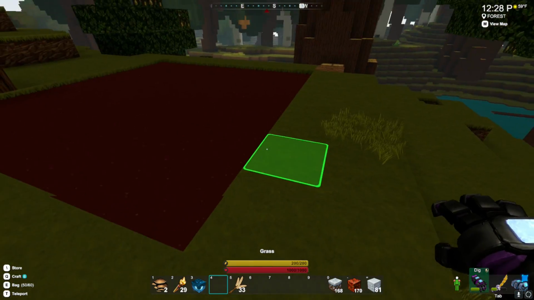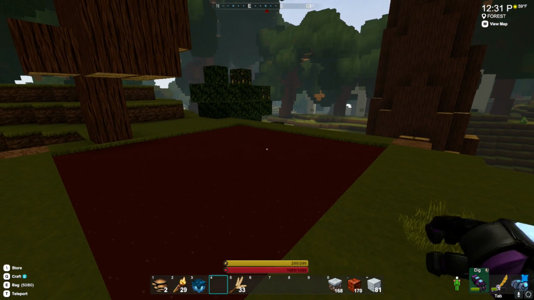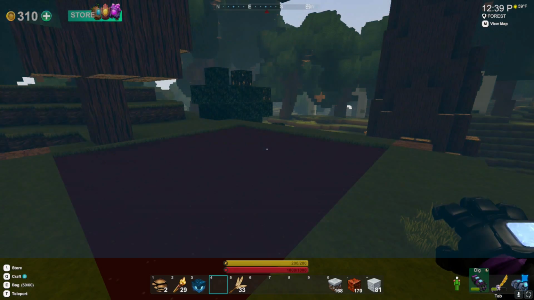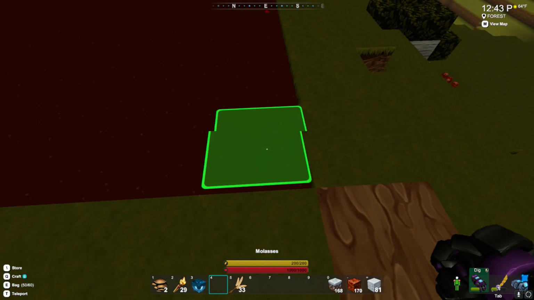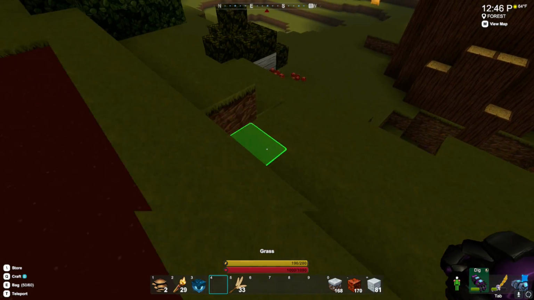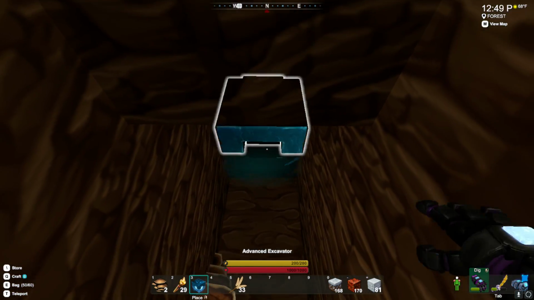So basically, if you make a hole 7 by 7, so this is the exact width of an excavator. It needs to be an advanced excavator for molasses, but I think this works with any liquid, because molasses is a stalactite layer block. So anyway, you need an advanced extractor, or above, I suppose. But anyway, this hole is, I think, 8 deep, and we have source blocks on the top, so this is all flowing down. And then if we put an excavator right here,